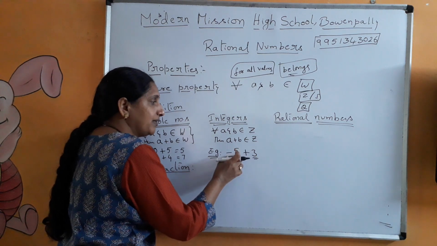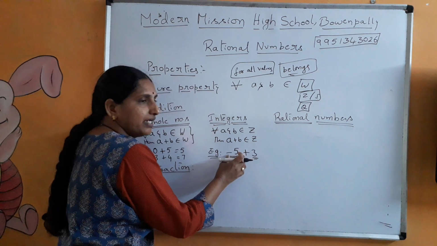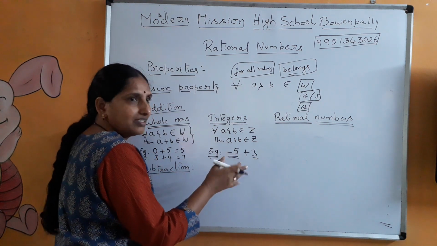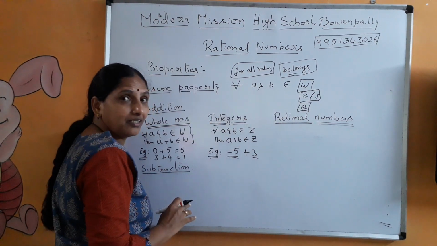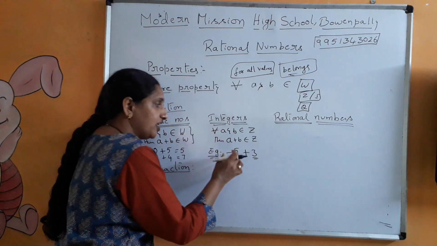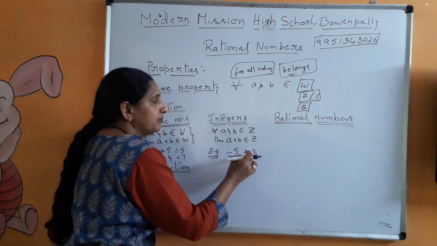Okay, don't take -5 and plus 3 as another number. This is a positive number, this is a negative number, nothing is there in between. If that is the case, the whole mathematics... So there won't be anything in your brain if you think like that. Okay? So now this is -5, it's a negative number added to a positive number.